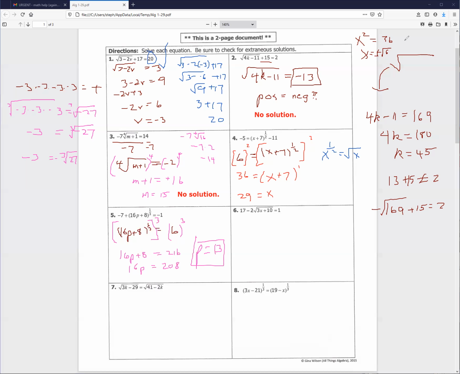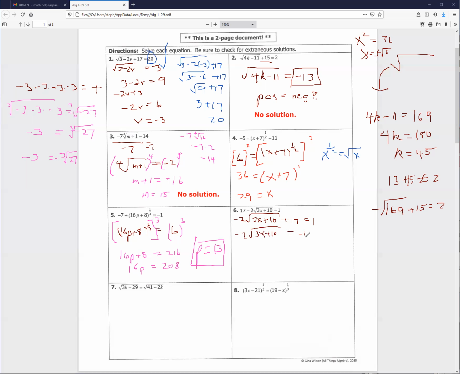All right, how about number 6? Number 6, we've got, take away the 17. It's on the outside. Of course, if you're confused about this, once again, I'll remind you that you could rewrite this like this. So if that helps, write it like that so that you can realize that the plus 17 is easily subtracted. So negative 2 square root of 3x plus 10